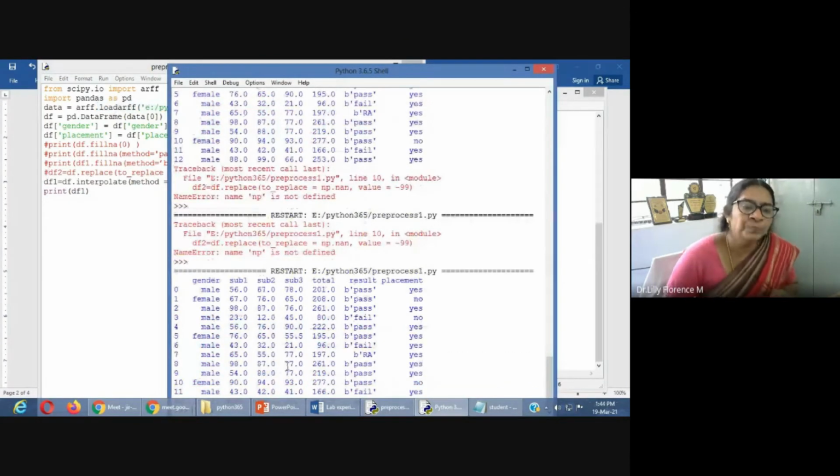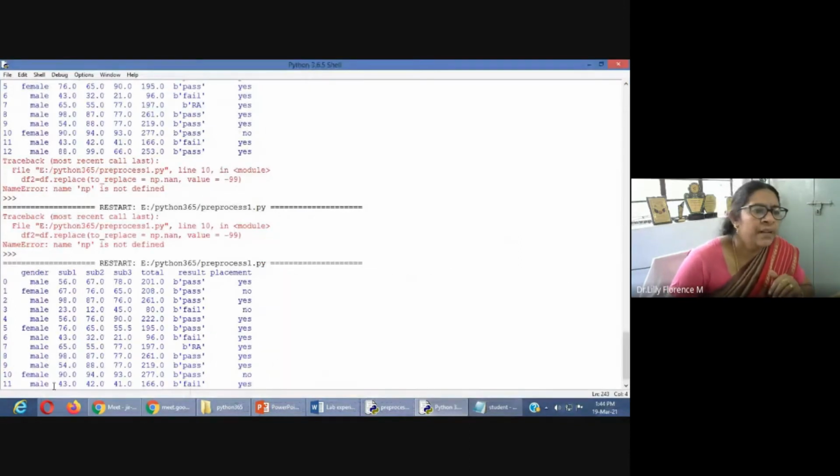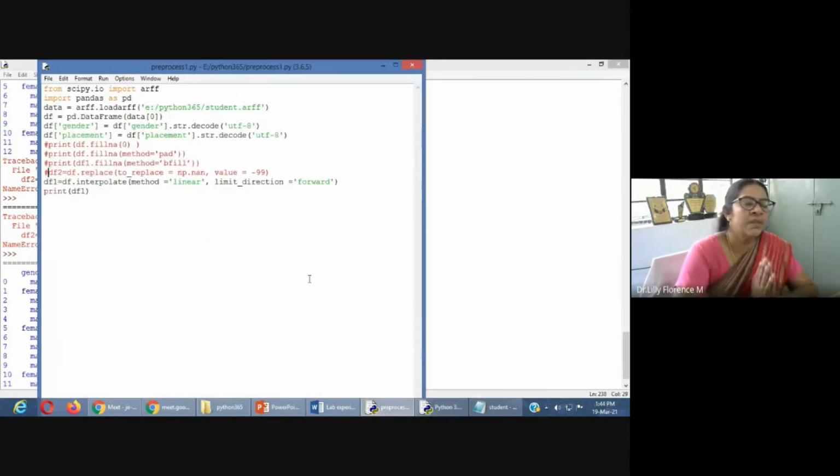See here now. Similar to the fill method, the interpolate method fills the value using the existing values here. See, here it is filled with some 90 and here it is filled with some 77. So using this method, linear, this process has been taken here. So this is the way the first step, data cleaning, takes place. So two methods we are using. One is fillna to handle the missing data, and another one is interpolate to handle the noisy data. We can fill like this, or we can fill using the NaN value. You can use interpolate also. So this is the way.